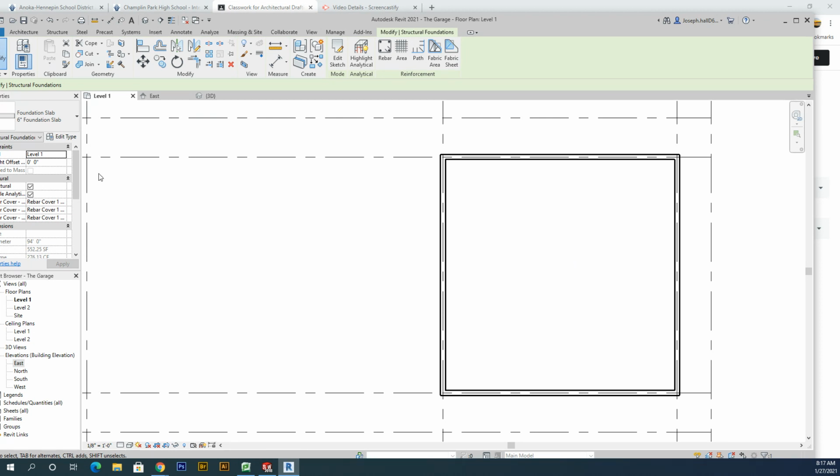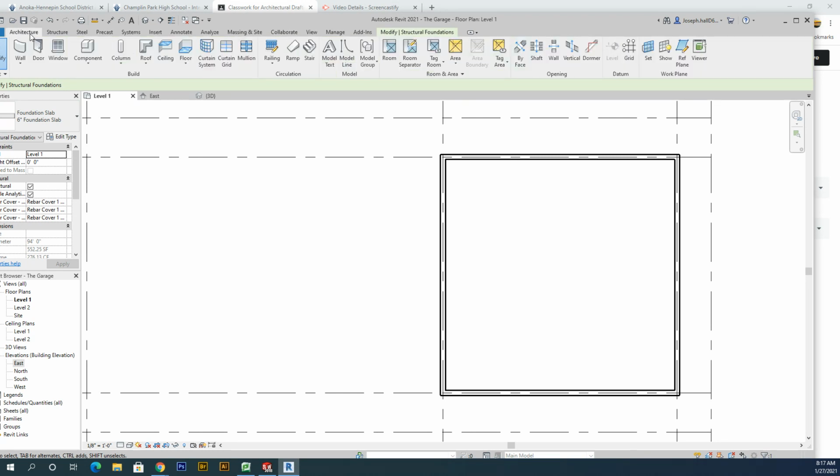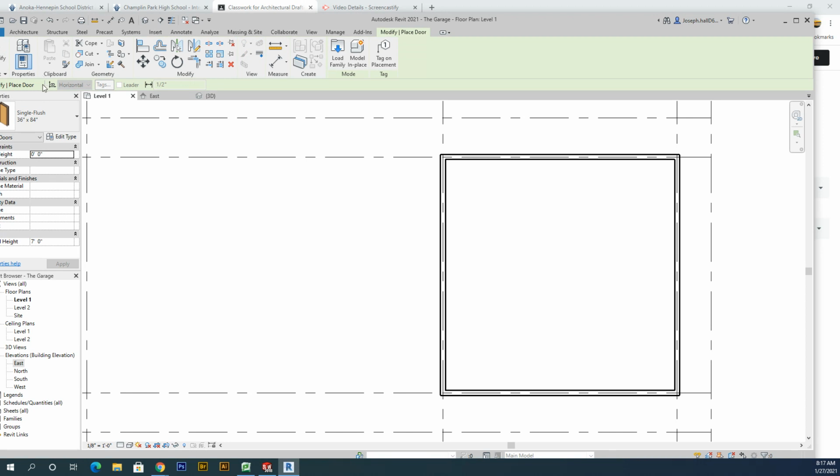Next thing we're going to do is go up to the architecture tab and we'll go to the doors and open that up. Okay, this is a garage door or a garage, so this slabbed single flush door will work just fine. I grabbed the biggest one that they had on the list here